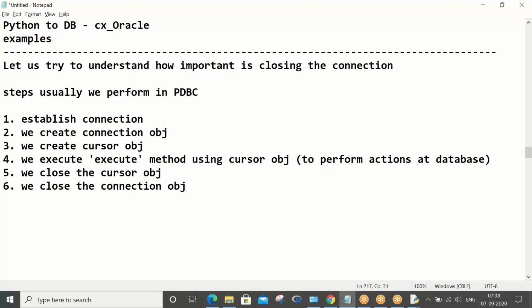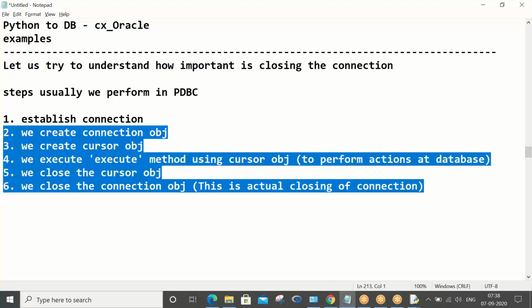This is the actual closing of the connection. If you close the connection object, only then the connection is closed and you have properly signed off from the database. So these are the steps you perform: establishing a connection, creating a connection object, creating a cursor object, executing a method using the cursor object, closing the cursor object, and then closing the connection object. These are the standard steps we follow.